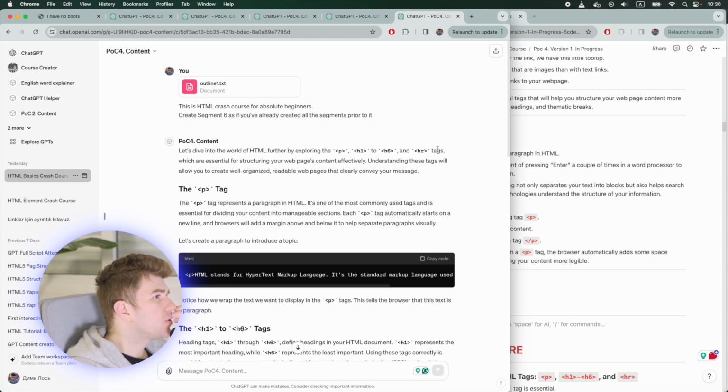Okay, we have also the last script version. Let's dive into the world of HTML further by exploring these tags, which are essential for structuring your web page's content effectively. Understanding these tags will allow you to create well-organized, readable web pages that clearly convey your message. I'm so not liking this